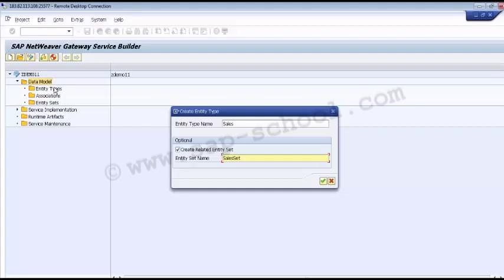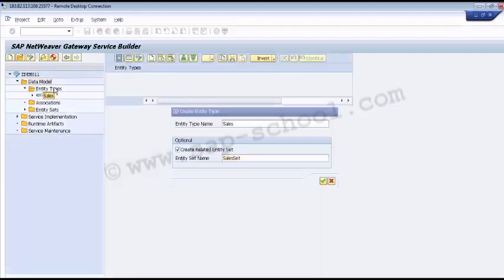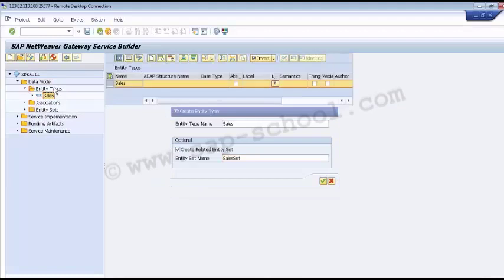If I click on OK now, we can see that we have the new entity type, sales, available here. And if we expand the entity sets, we have this sales set appearing under the entity sets. So this is one of the options using which we can create the entity type.